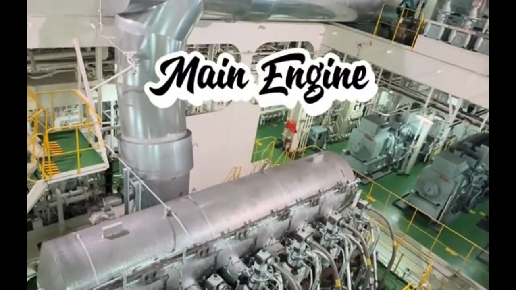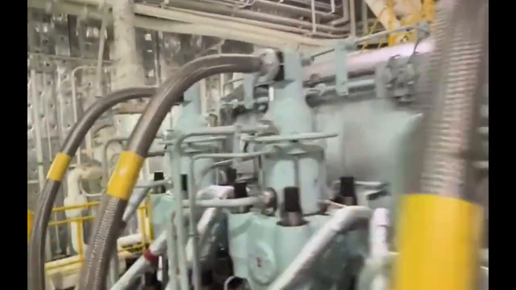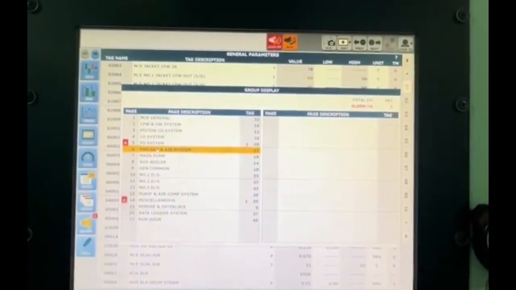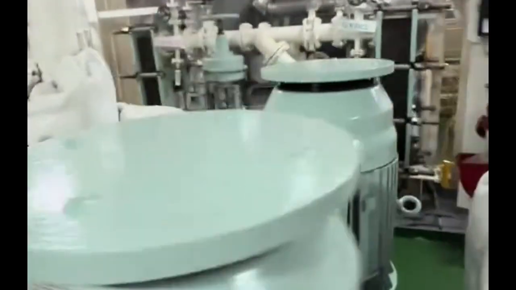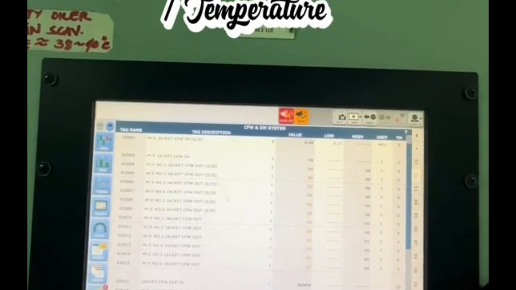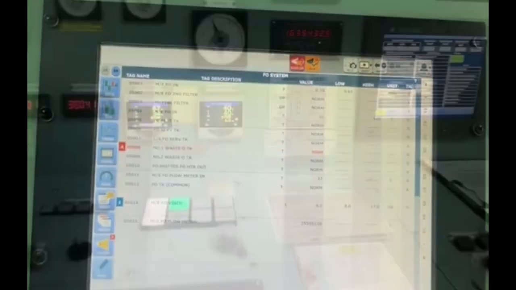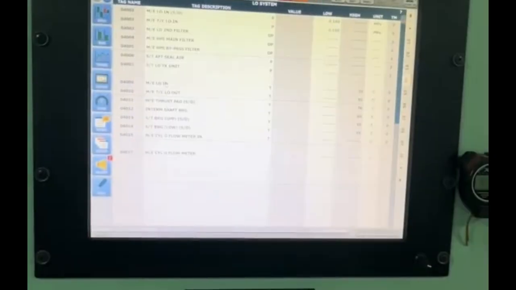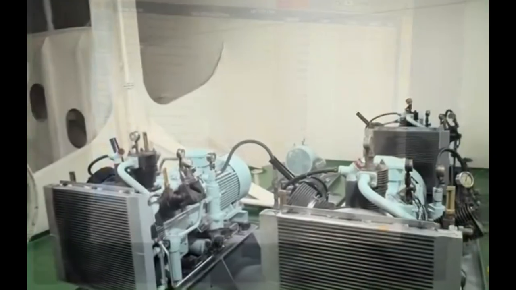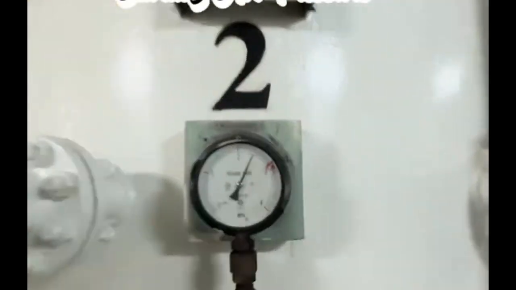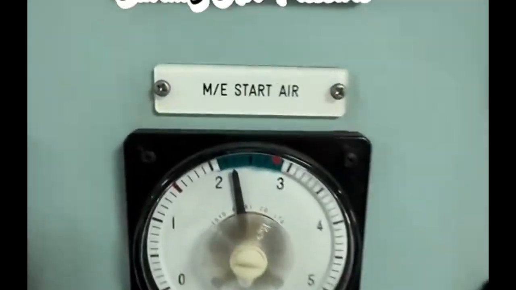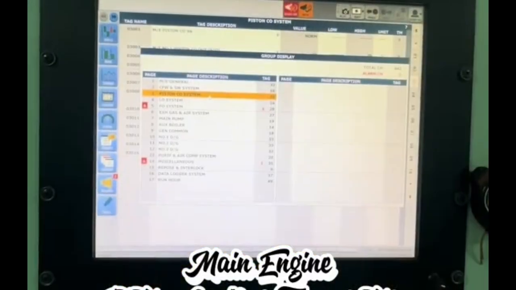For main engine, the exhaust gas temperature for cylinder unit number 1 to 6, main engine jacket cooling freshwater pressure and temperature, main engine fuel oil pressure, main engine fuel oil temperature, main engine lube oil pressure and lube oil temperature, main engine starting air pressure, piston cooling temperature, scavenging air pressure,